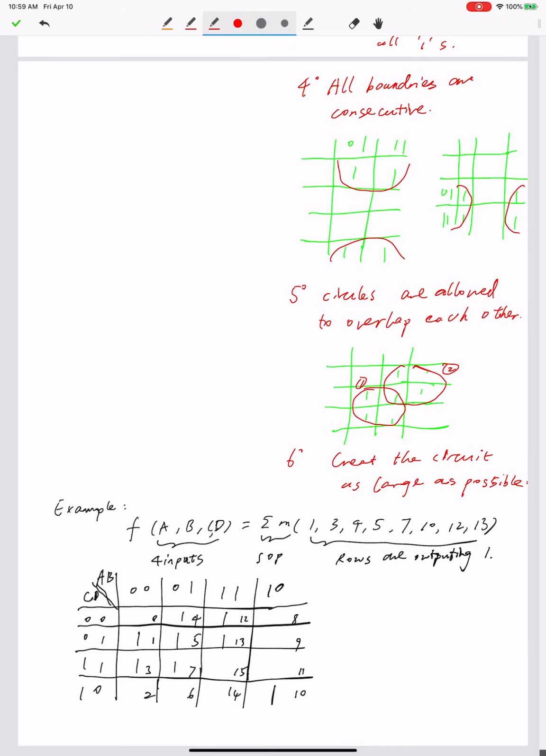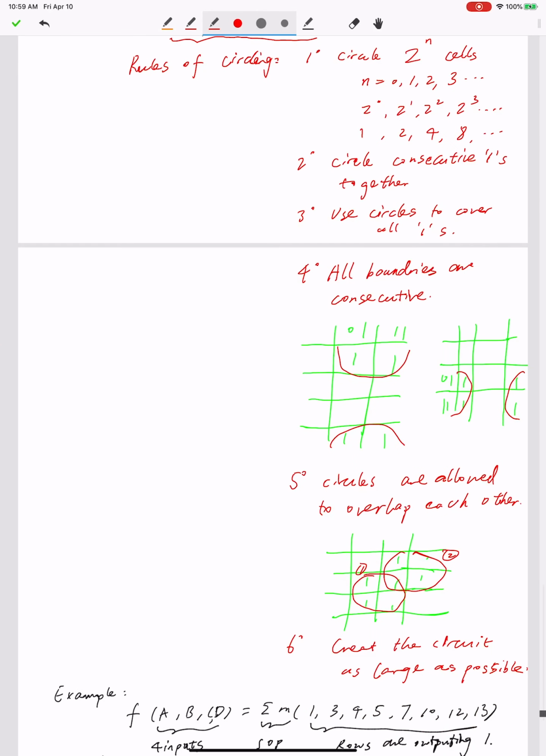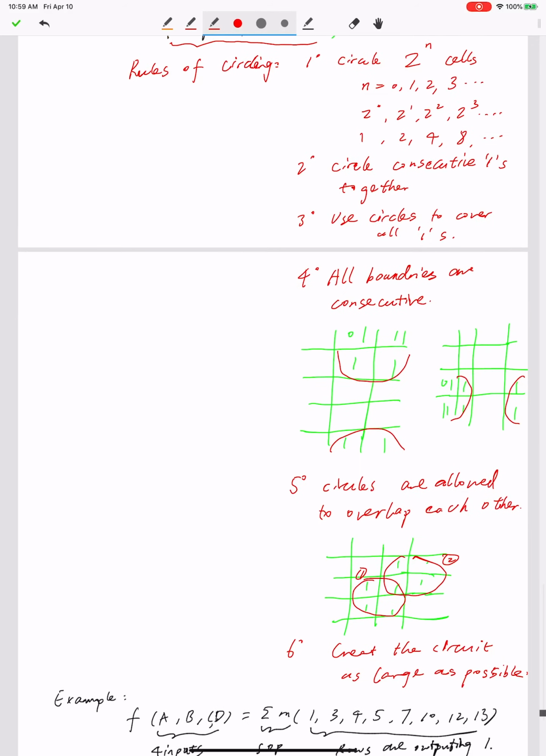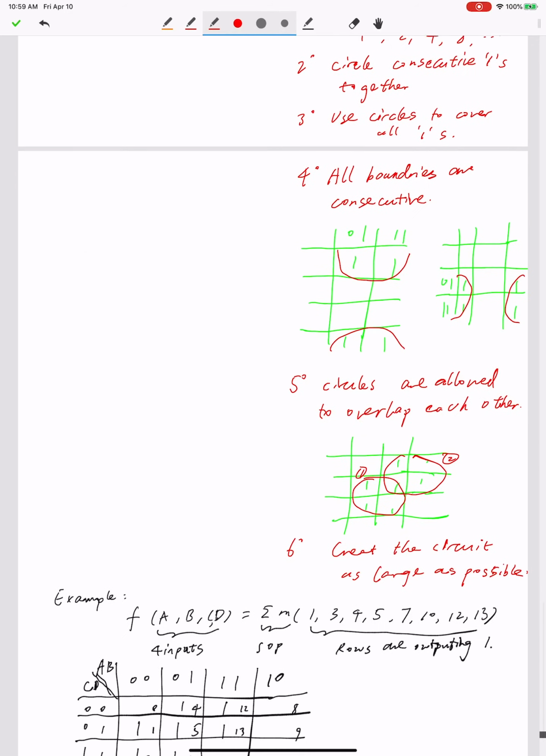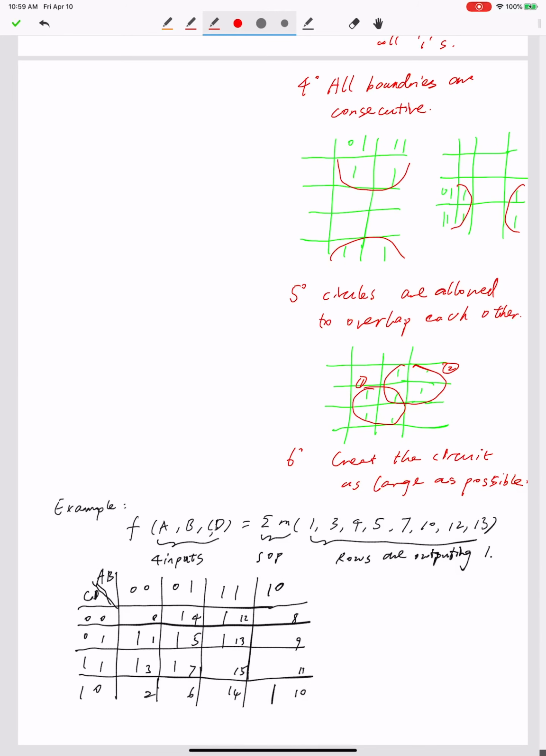And then we can draw circles. We have 6 rules to obey when we circle ones, but in a simple way to summarize these rules: first we need to memorize that we need to circle ones in groups of 2 to the power of n, right? And also we need to circle consecutive ones. We need to circle as large as possible. Okay, so here we have